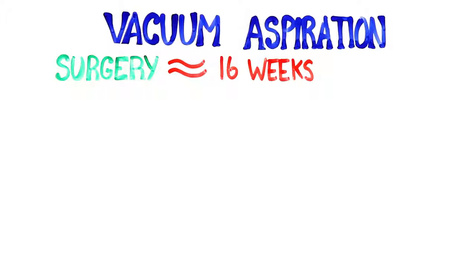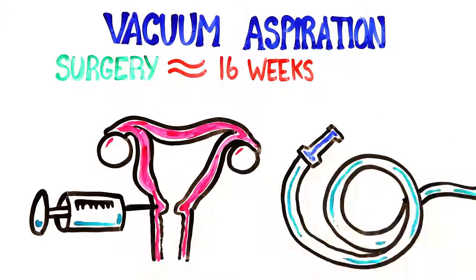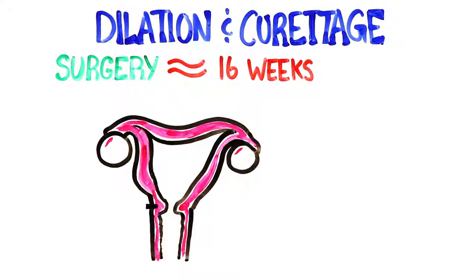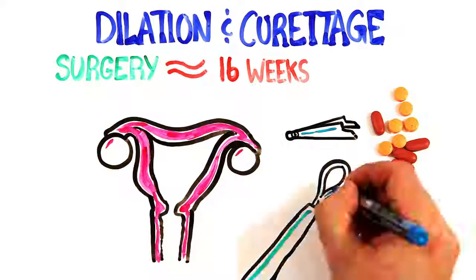Vacuum aspiration is a surgical procedure usually used up to 16 weeks after conception and is typically performed under local or general anesthesia. The cervix is numbed and opened wide enough to pass a slender tube into the uterus where suction is used to empty the contents. Within the same timeline, a D&C or dilation and curettage abortion can be used. First, the cervix is dilated using small instruments or medication, and then a curette is used to remove the contents